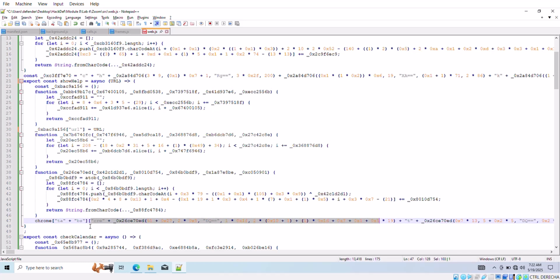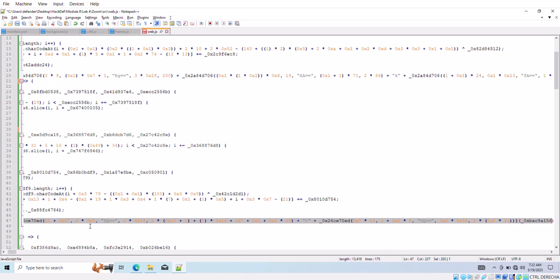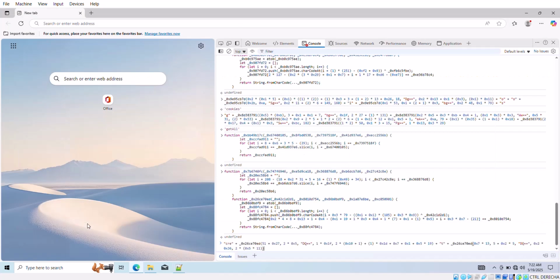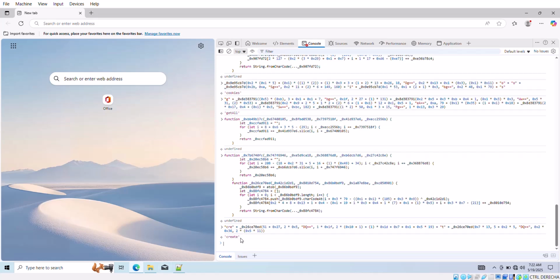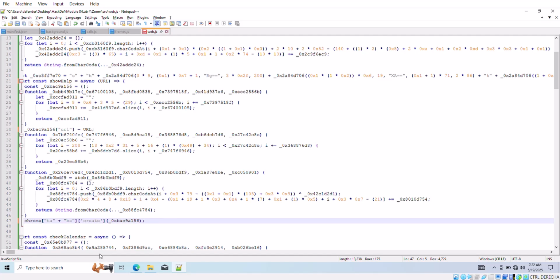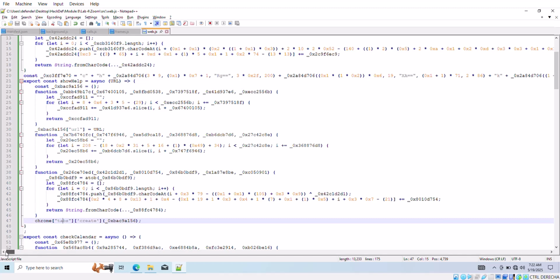Okay. Here. So this is a string create, and this one is tabs. Great, so it's calling Chrome tabs create to